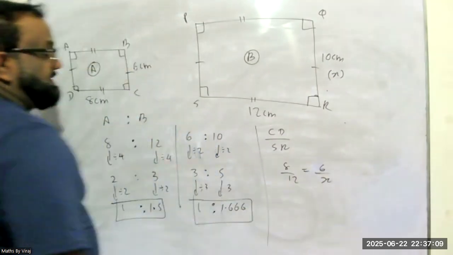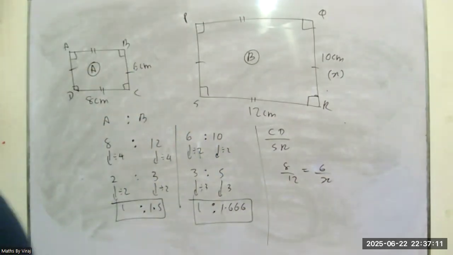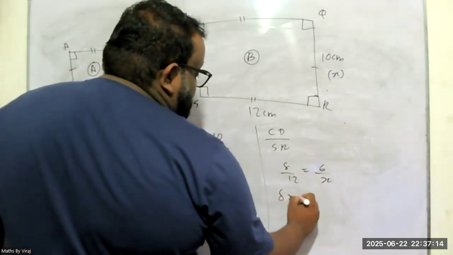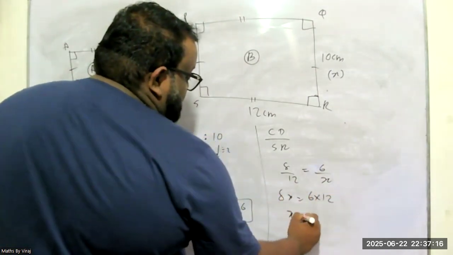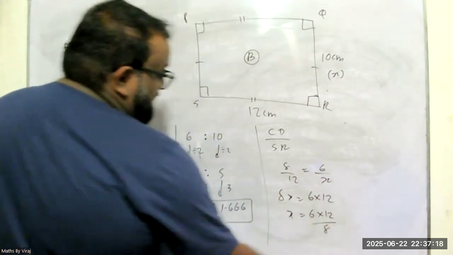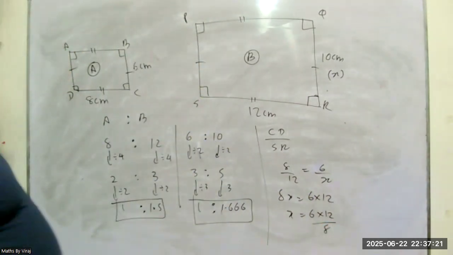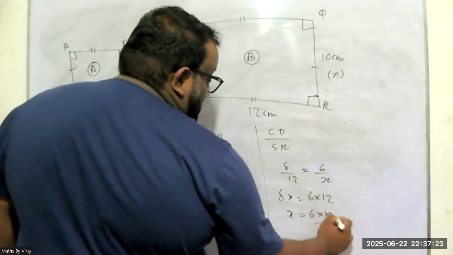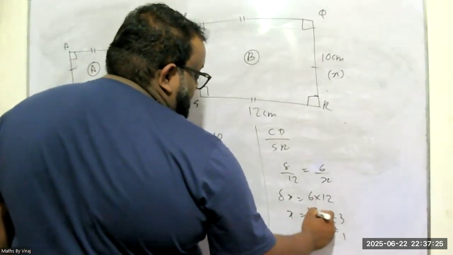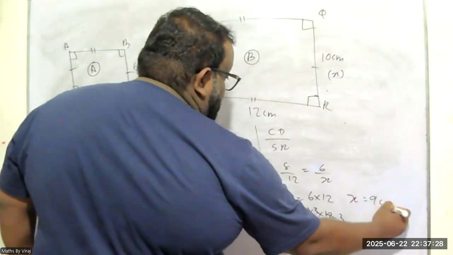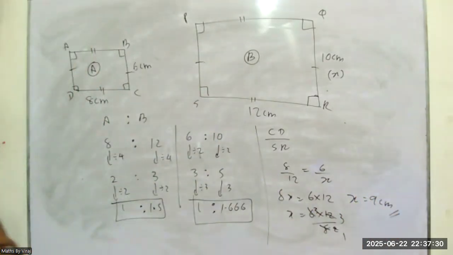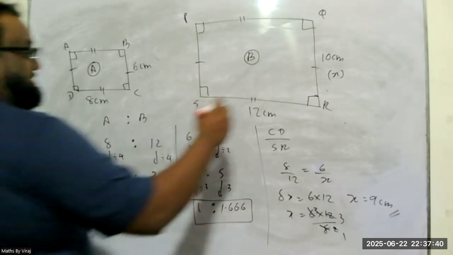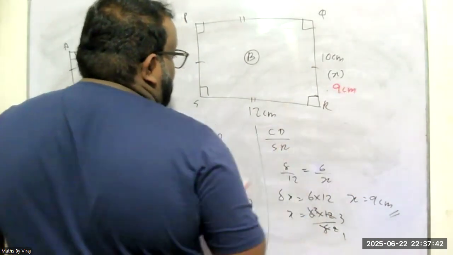So when you cross multiply, what do you get? 8x is 6 into 12, x is 6 into 12 over 8. Correct? 4 times 2, 4 times 3. The actual length should have been what? 9 centimeters. Yes or no? If that was 9, other than 10 centimeters, if this was 9,